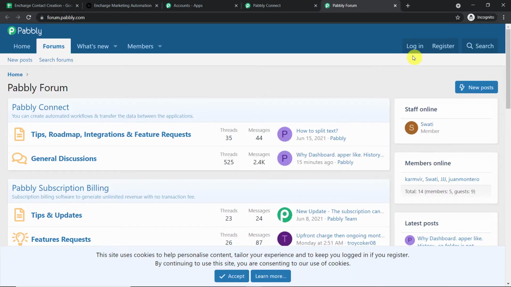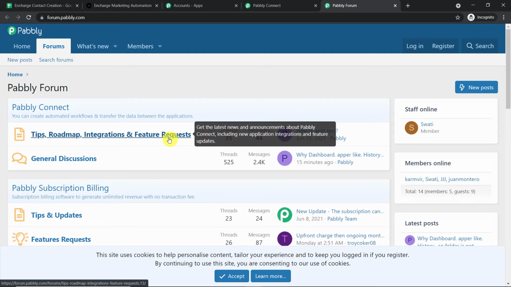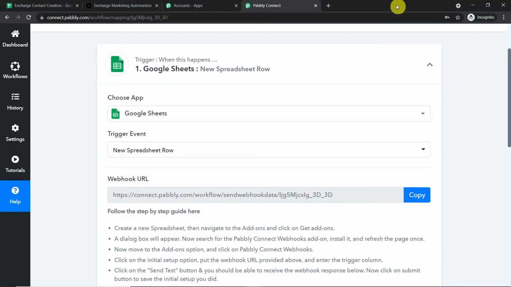Okay, so when you click on the help section, you will be directed to Pabbly forums. And here you can make a request that you want so and so trigger events. Okay, so let me just cancel this. So the gist is we are just trying to integrate Google Sheets to Pabbly Connect to receive the data from